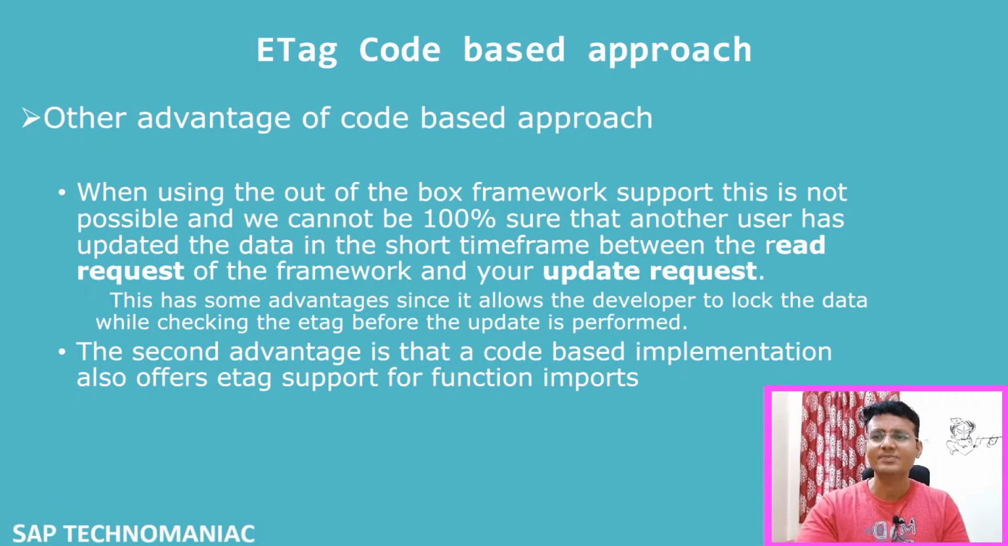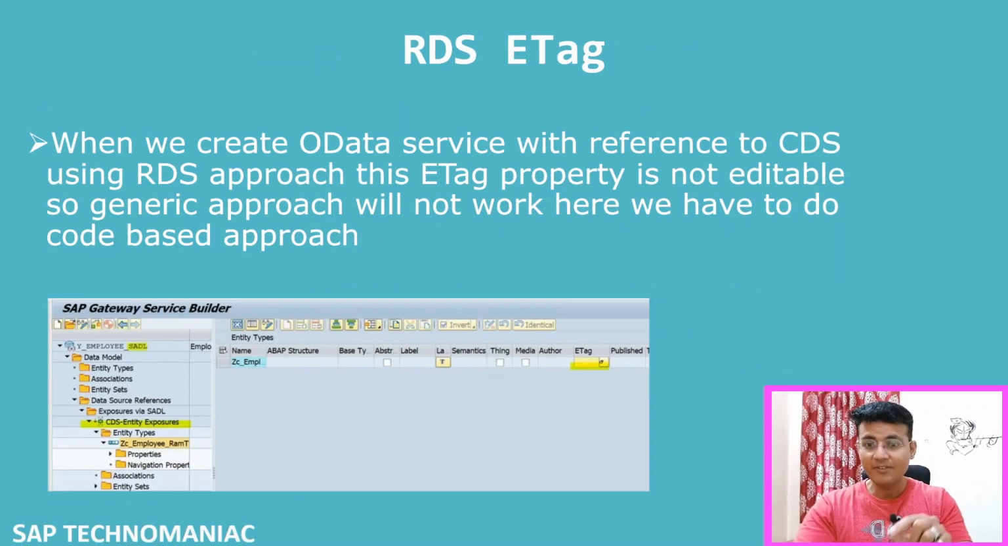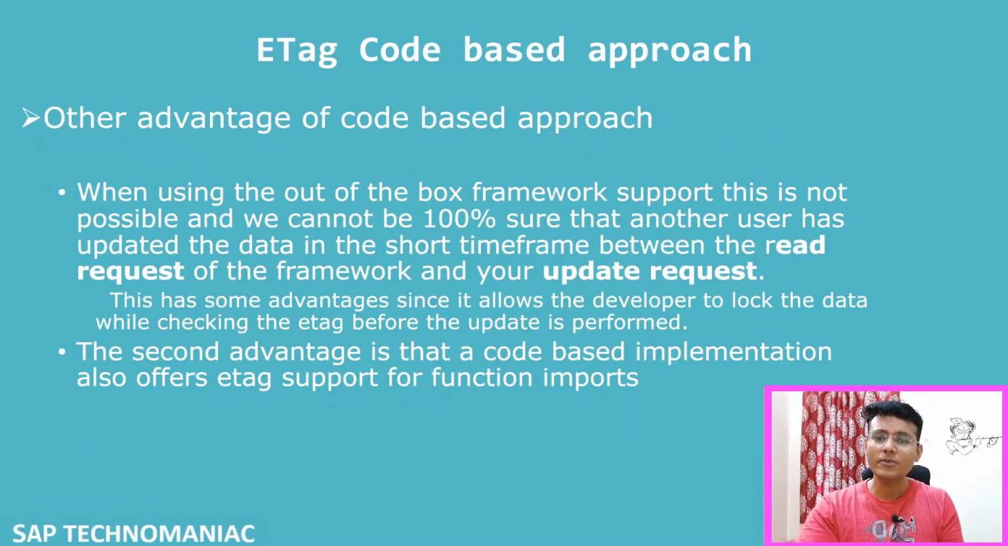Not only that, this is one place where we need the code base approach. Apart from that, if you are implementing a function import, for example, doing some updates using the function import, and you want ETag support there, you also have to use the code base approach, because there you don't have the get entity method which will compare your ETag values. Not only that, in the normal scenario also,